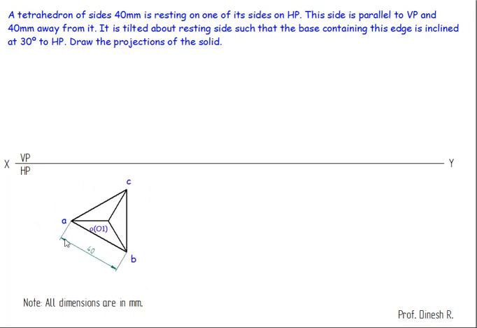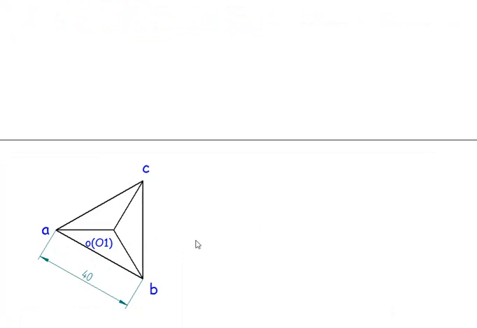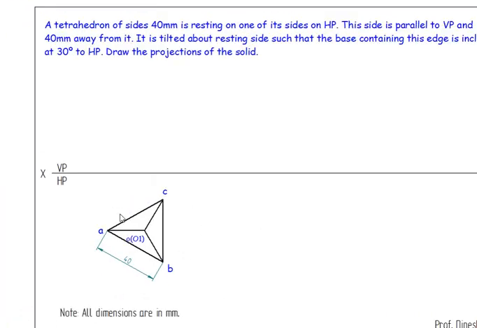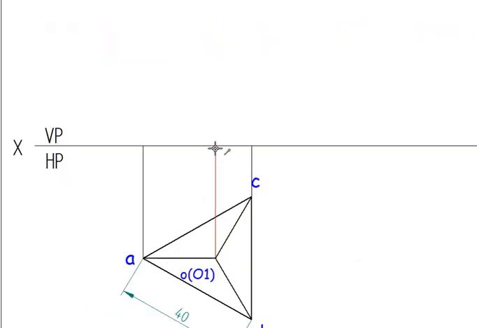So consider the tetrahedron where the edge is on the right side. Now I'm going to draw its front view. Project these lines. Here we are going to draw the axis line of any length. We need to find the axis length, and the axis length will not be given.